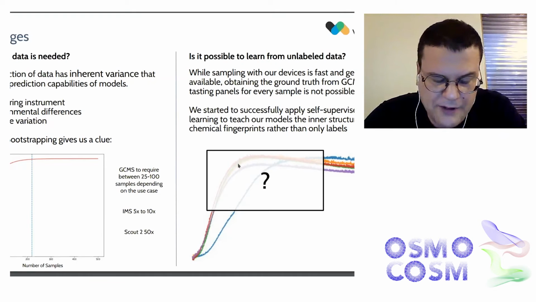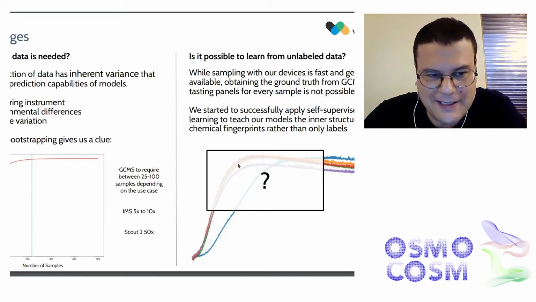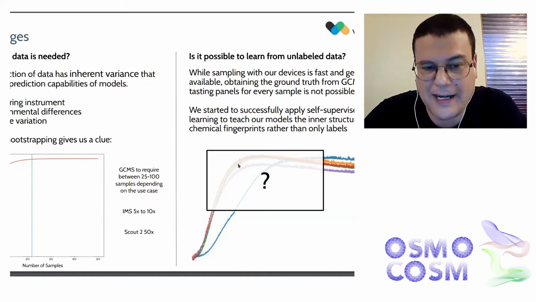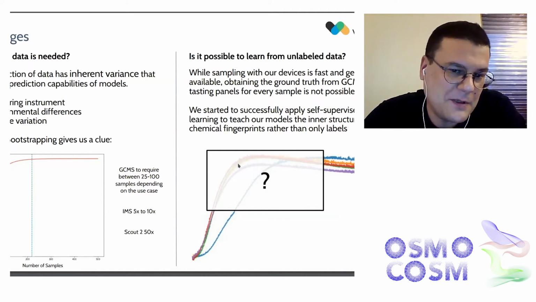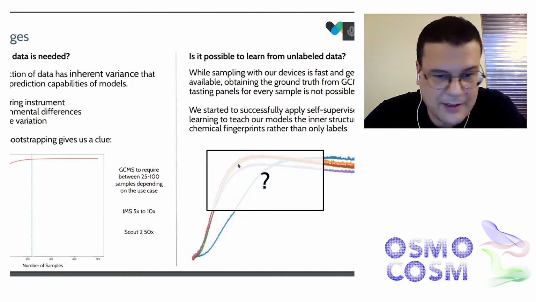So we realized that we never actually were reaching the amount of data needed. And we made this tweak into statistical bootstrapping that would help us understand the amount of data that we would need to get at least a consistent and realistic result. And we saw GCMS, of course, is the one that will require less. It's not used in many production environments for practical reasons. But GCMS is something you can assume being very consistent if well maintained and calibrated.